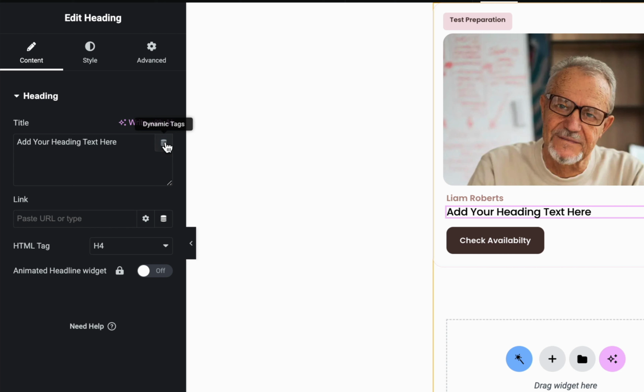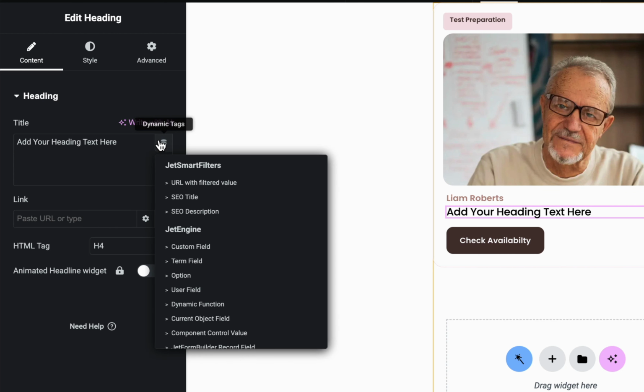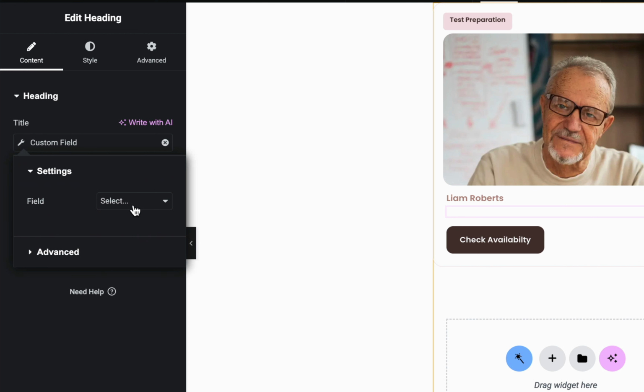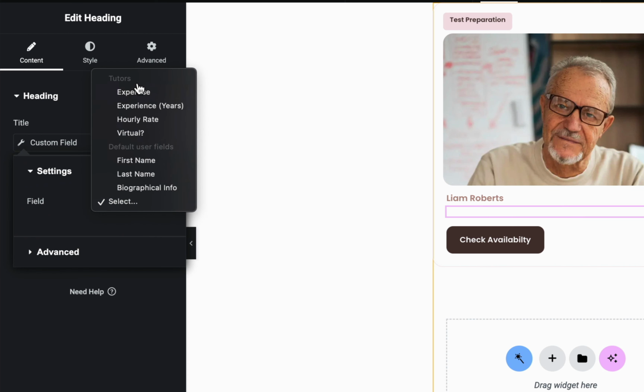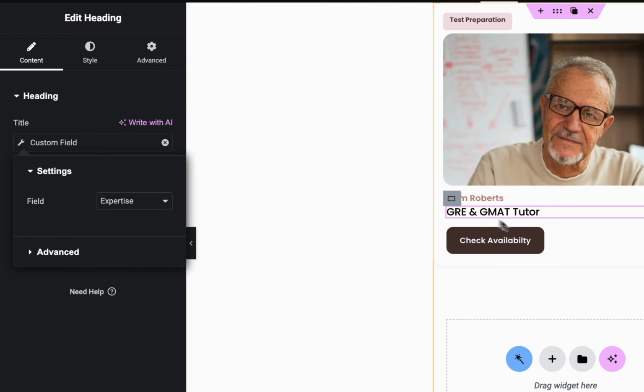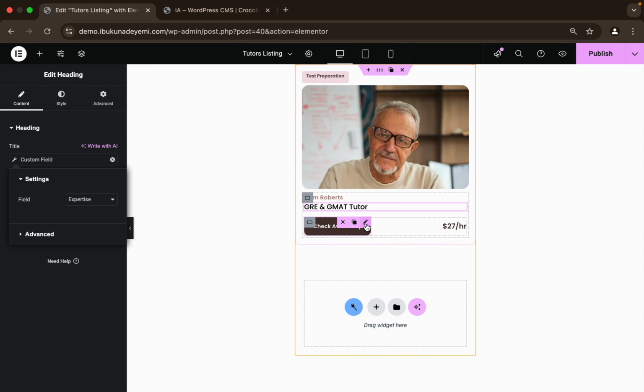So I'm going to show you how I got the meta field. So you're going to click on dynamic tags, just as we did previously. Come to custom field, and we're going to select the meta field, which was expertise, and we're going to have it displayed here. This is static for now, and I will also create a video where you can just click